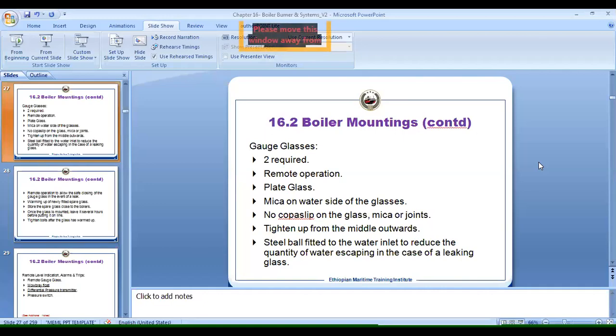Here we are basically talking about plate glass which is fitted onto the frame of the entire gauge glass assembly. So there's no need for copper slip over here, and also the copper slip over a period of time will tend to degrade. The glass is basically mounted on the frame using a jointing. You want that whole thing to be kept as dry as possible. Over a period of time, the copper slip can degrade and you could have leaks.